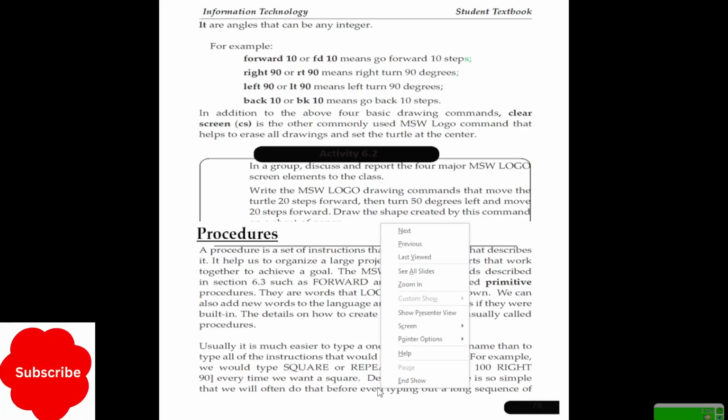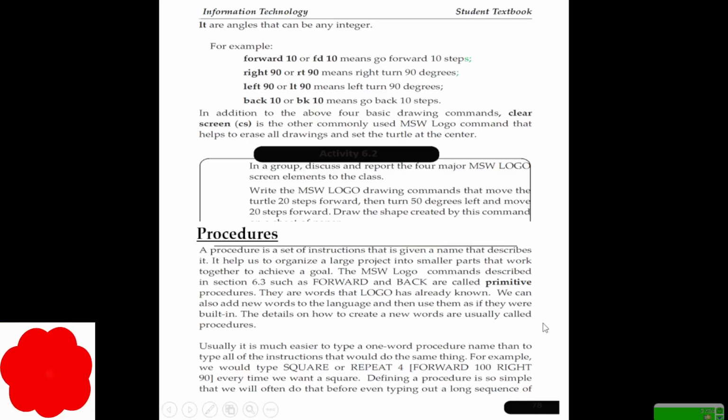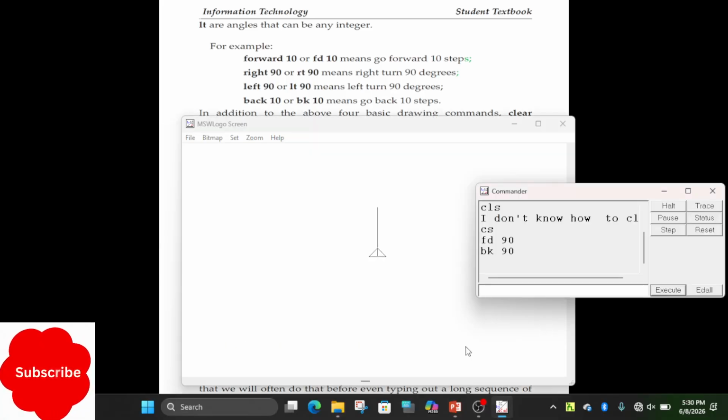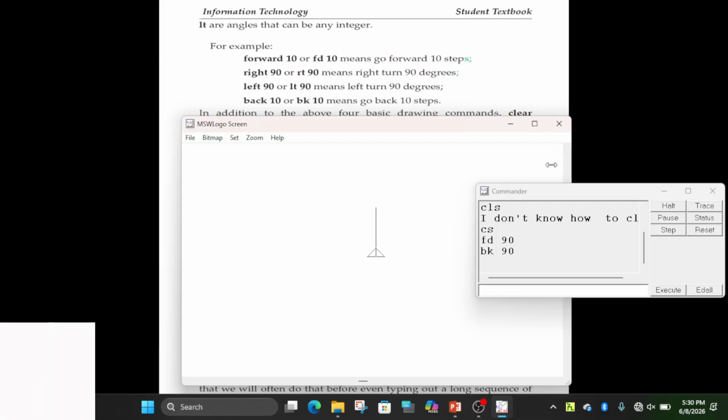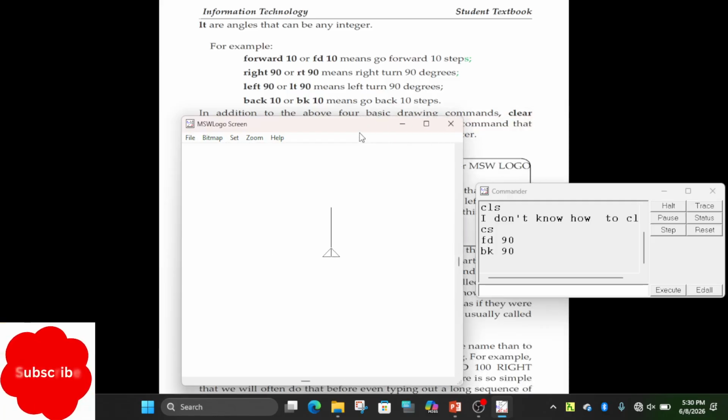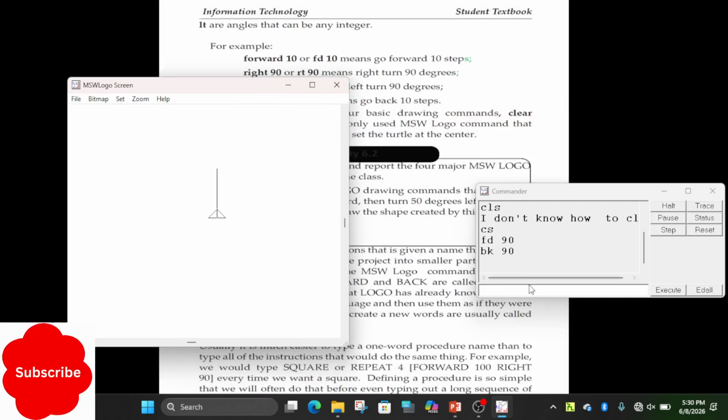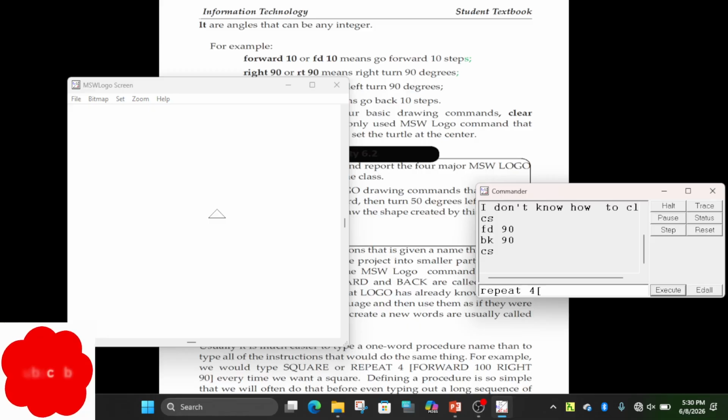Just let me type here for instance. Repeat is a procedure. Open bracket.